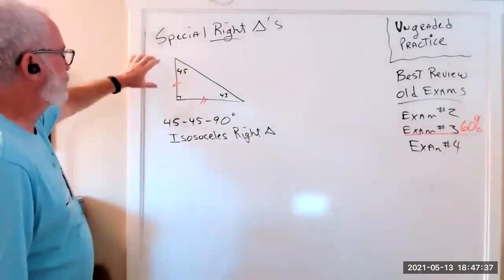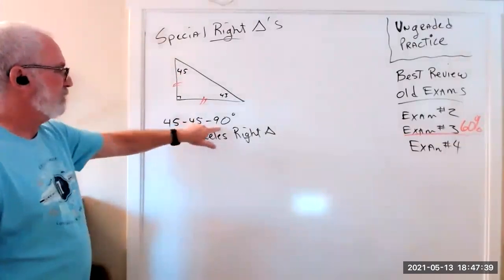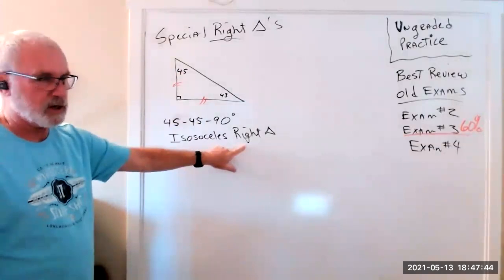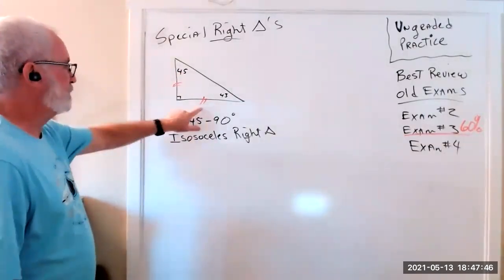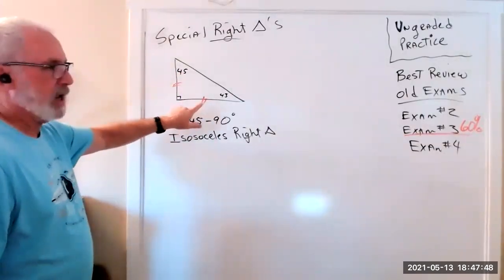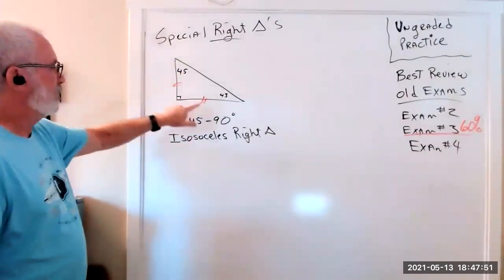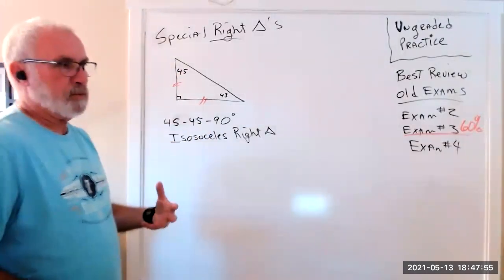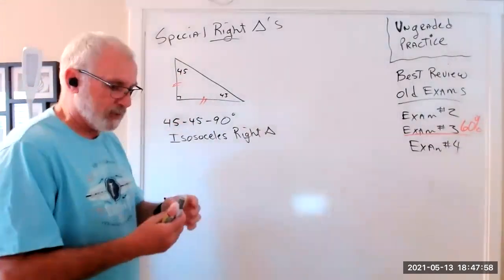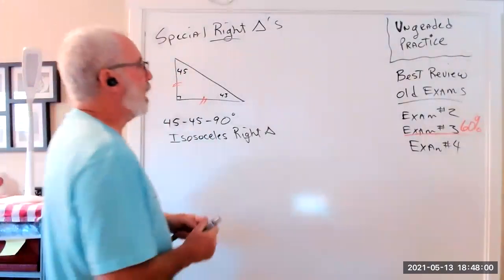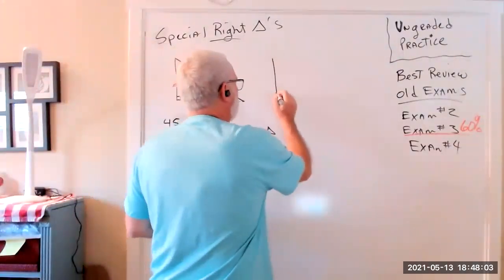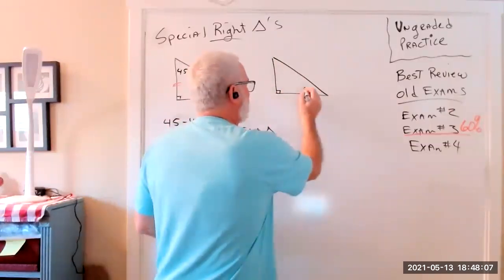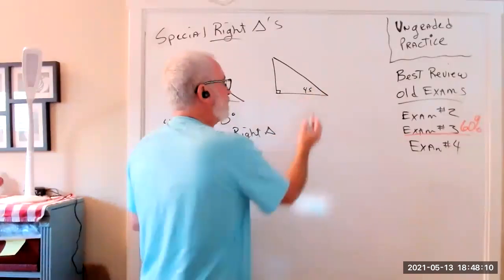Okay. But we started talking about what's called a 45, 45, 90 right triangle, or it's also called an isosceles right triangle. Okay, isosceles means two sides are the same, and we indicate that with tick marks there. Now, without proof, meaning I'm not going to boggle you with all the math that goes into it, all isosceles right triangles, the sides follow this pattern. If this is a 45, 45, 90,